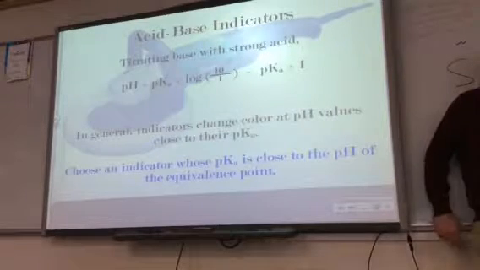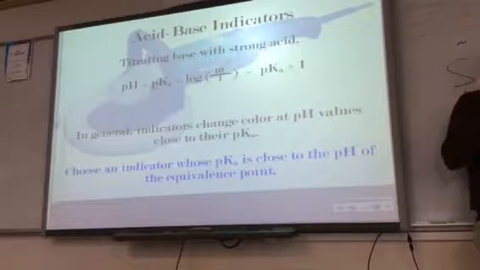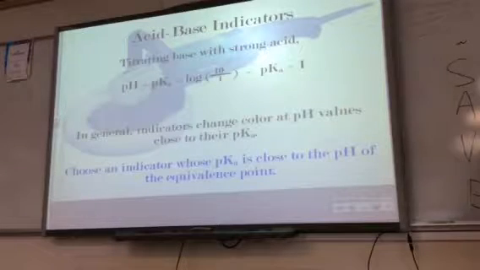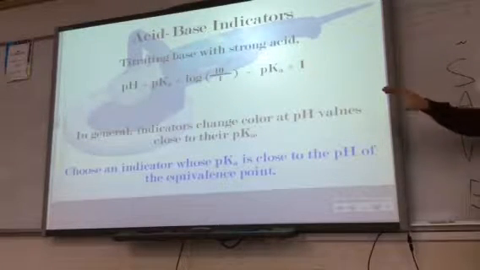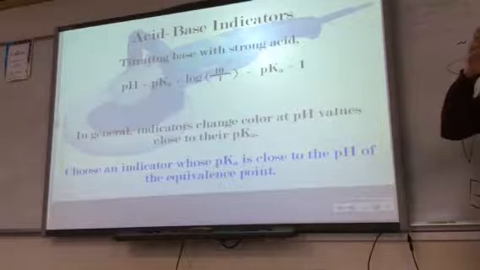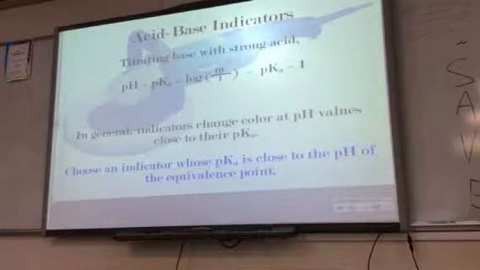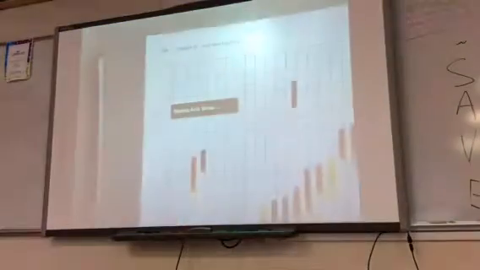So an indicator should be used to tell us when we've hit the equivalence point. So we want to match up an indicator with whatever reaction we're trying to get that information for. Let me show you something that's in the book. This is right at the end of the buffer chapter. This is page 746, and it's a sideways table, so I'm going to turn it sideways